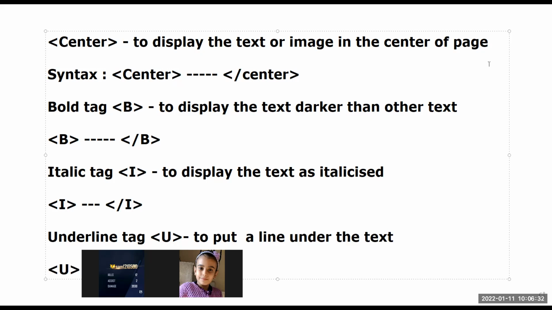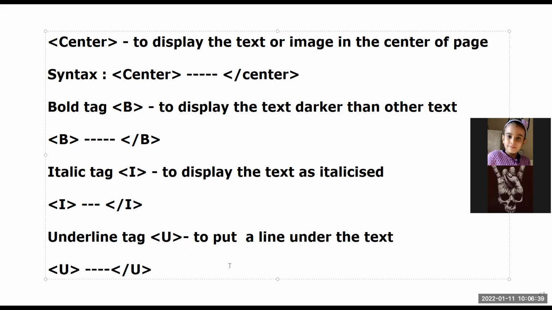And mind it, you can use these tags collectively. एक दूसरे के अंदर इकट्ठा भी use कर सकते हैं. I want to make the text bold as well as underline. I want to display the text as a heading level 1 and also underline. I want to display the text as italic as well as of H3 level. So we can use all the tags collectively inside the other tags. But when we use nested tags, always close the tag that is lastly opened. जो बाद में शुरू किया है उसको पहले बंद करेंगे. Last in, first out. See, I hope all of you had noted this.